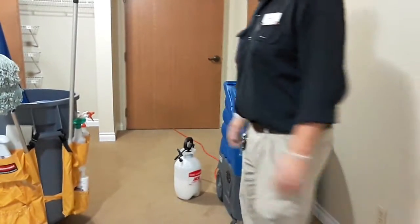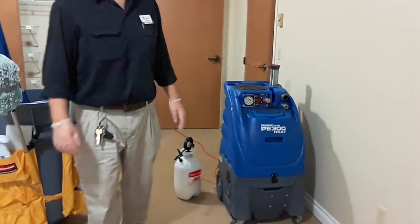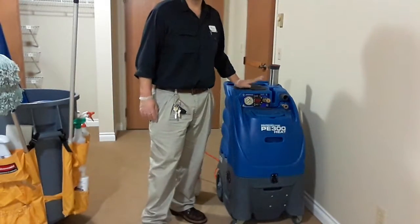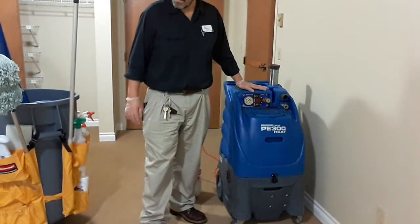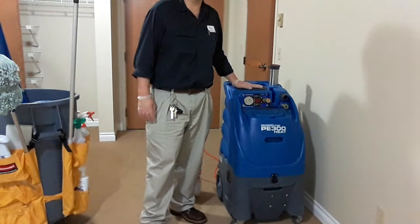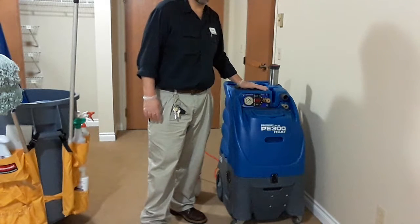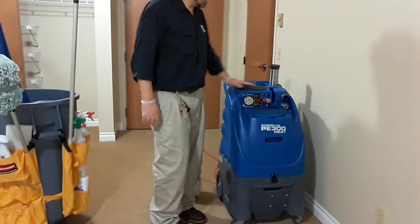Okay, so this is just going to be a really short, quick video on how to set up your extractor if you're completely new to this. This has two vacuum motors and a pump and a heating element. So it uses a lot of power, and that means, on the back,